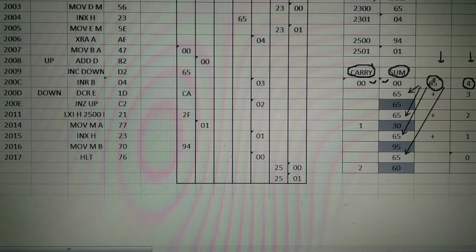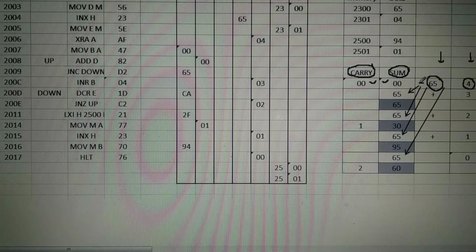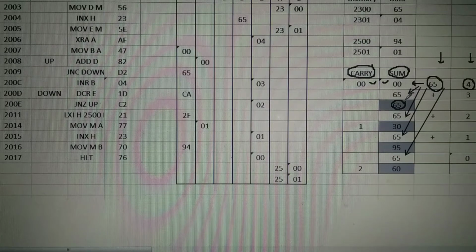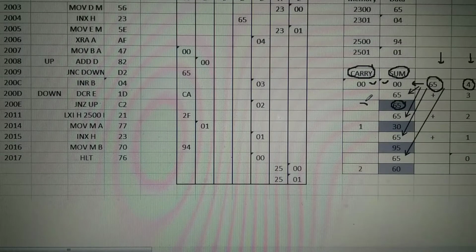Now add 65 to the first box, which is called sum. Initial value is 0. 0 plus 65, the answer comes to be 65. Is carry generated? No. As carry is not generated, don't increment the carry box.